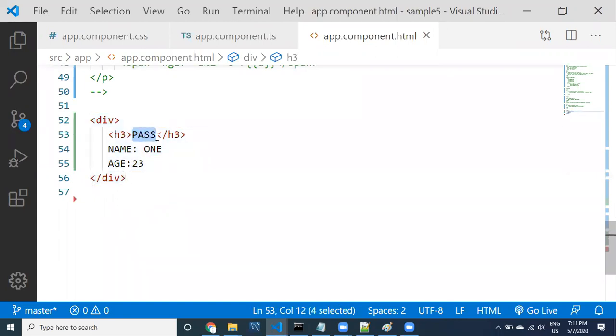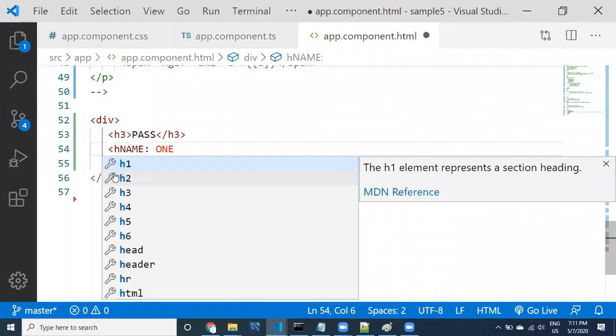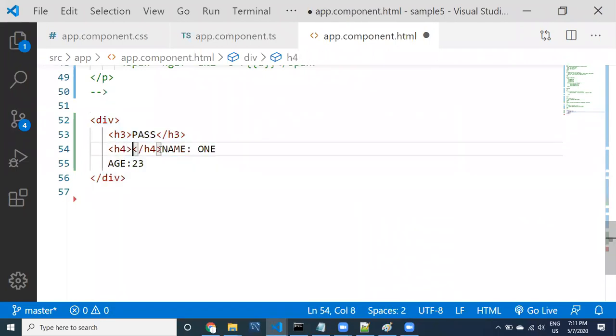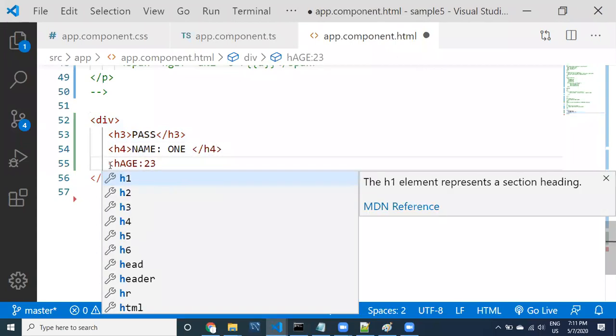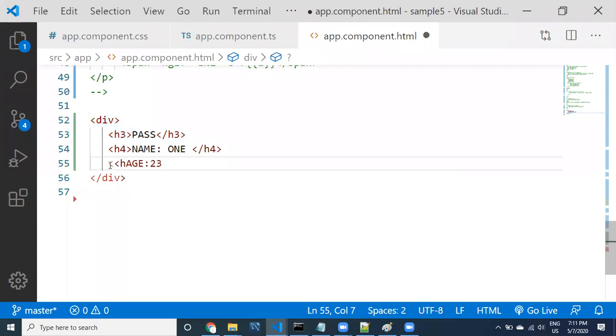If it is pass, I have to display pass. If it is fail, I have to display fail. So now name has to display in h4, and then age has to display in h5. h1 to h6, I think.